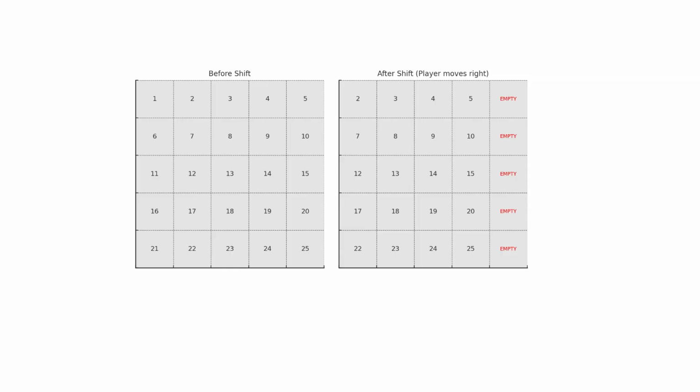In this diagram, you can see that if the player moves right, all chunks apparently shift left, and empty slots are generated for new chunks to be loaded on the right. The implementation doesn't actually require copying that data. It uses some implementation details to become more efficient than it looks. So now that we have an idea of the blocks and the chunks that contain them, we can look